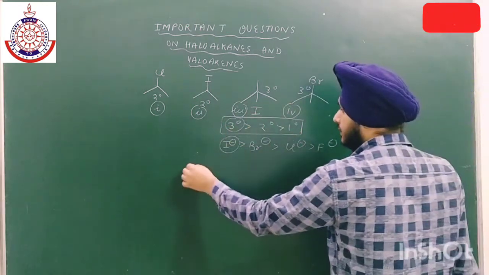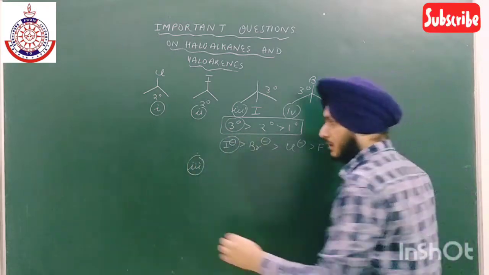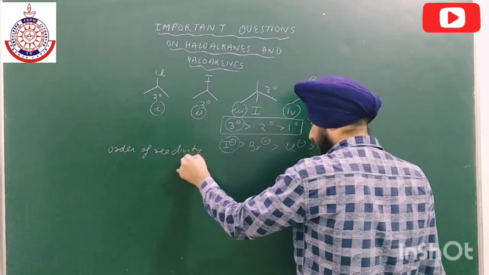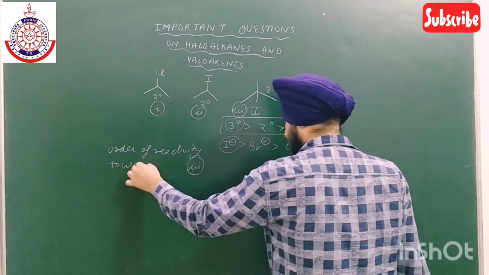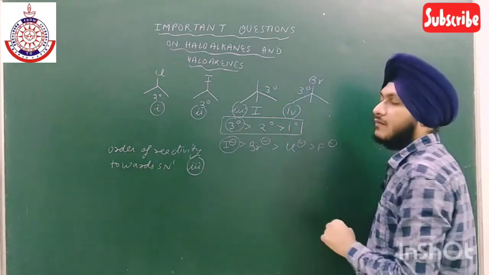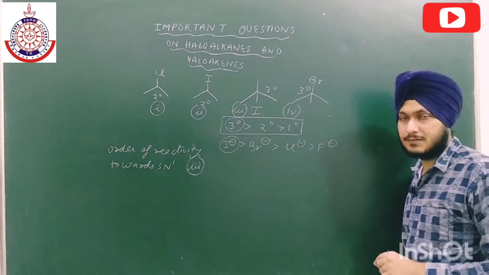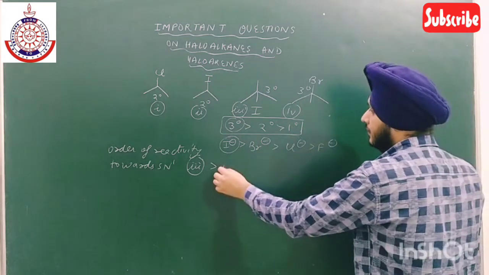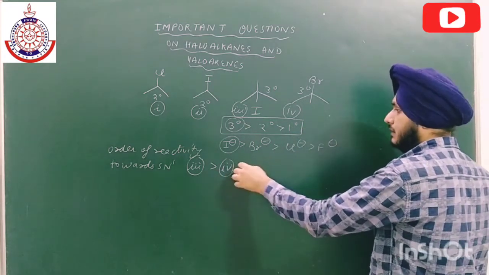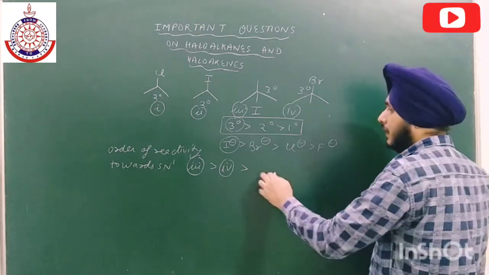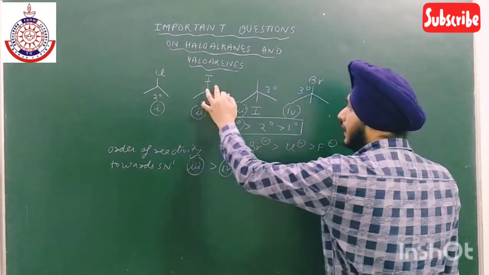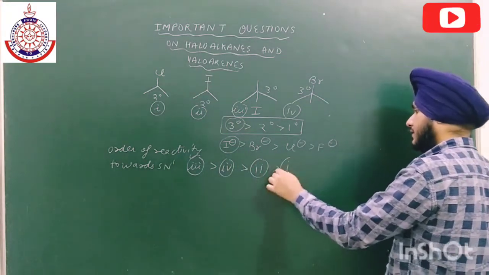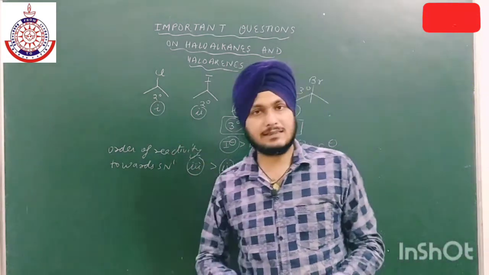So the third one, the order of reactivity towards SN1. 3 will give the reaction faster than the others. Then we have the next, this is 3 degree, the fourth one, and its leaving tendency is also high. And then out of these two, iodine has the more leaving tendency, both are 2 degree, then second, and then we have first. So first is the least reactive towards SN1 reaction.